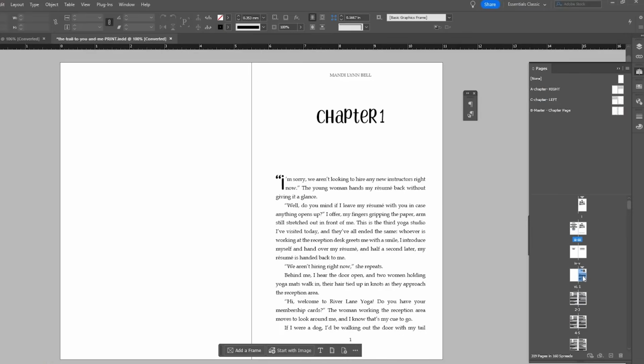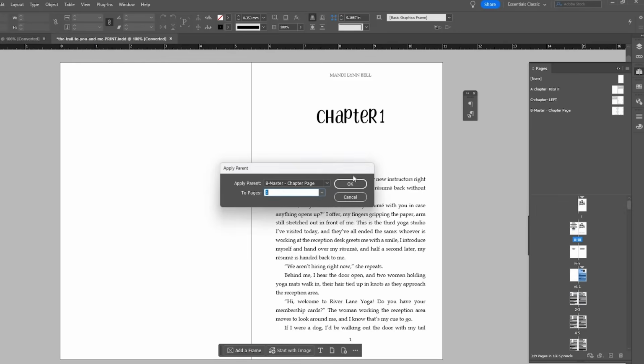In Adobe InDesign, it's actually a super simple process to remove headers and footers from your chapters, because essentially for the chapter pages, you design what's called a parent page, which is you kind of put in your headers and your footers into the parent page and you apply it to the entire book. And then as you go ahead and start really formatting your book, you find the pages where a new chapter starts and you apply a different parent page to that chapter, and that parent page doesn't have any headers and footers, and instead it might have a cool design for the chapter header that has some art that looks really